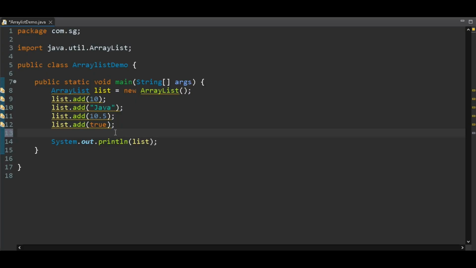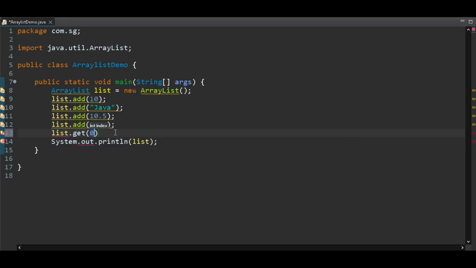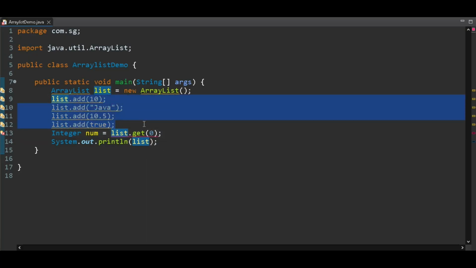For that we can write list.get(0), and store it in a variable num of integer type. But remember, all the values we add to an array list are stored as objects. That means all the elements in an array list are objects. So when we retrieve the value, we need to typecast it to the required type.